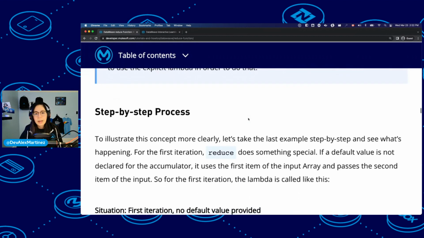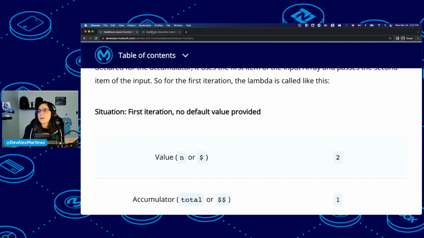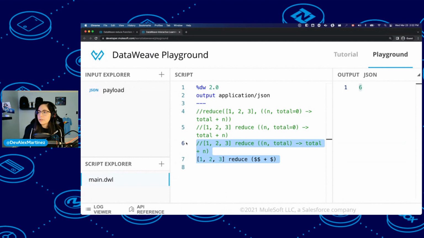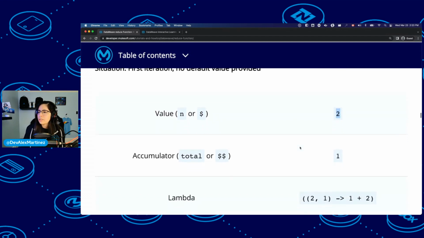So step-by-step process to illustrate this is what happens. On the first iteration, no default value is provided. So again, this case or this case, because on these two cases, we are providing the total equals 0. But assuming that we're using these two, where no default value is provided, then the value, either n or single $ sign, starts at 2. Where is this 2?